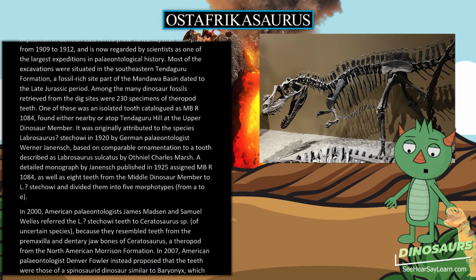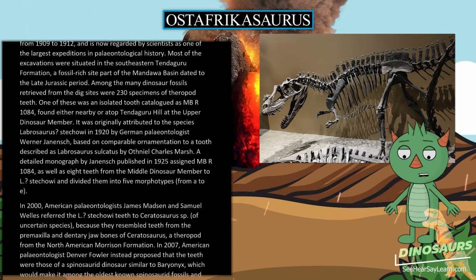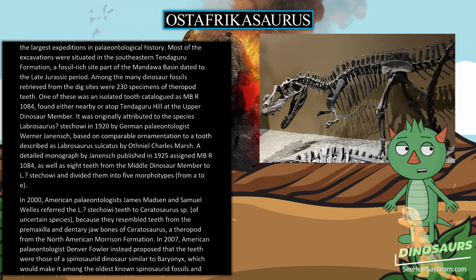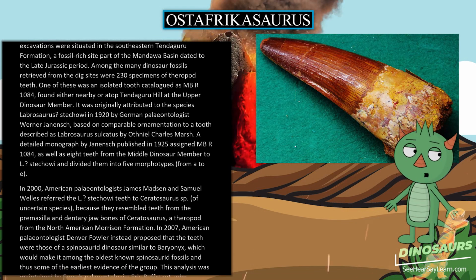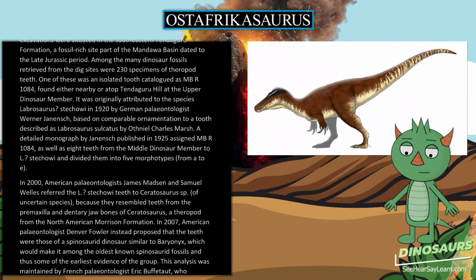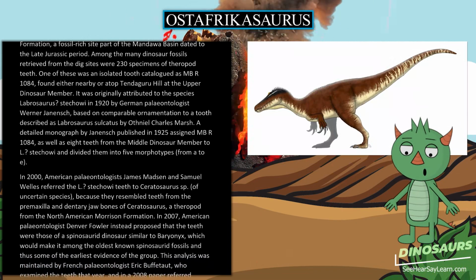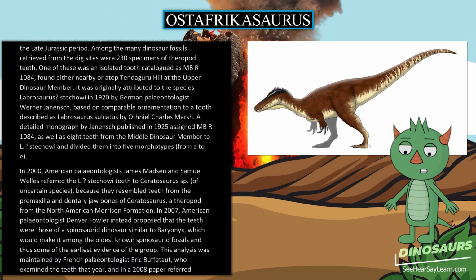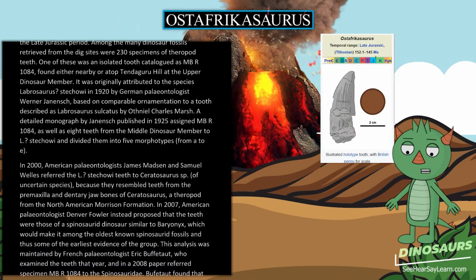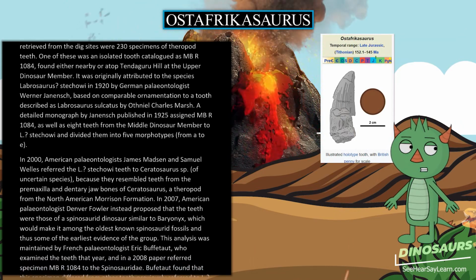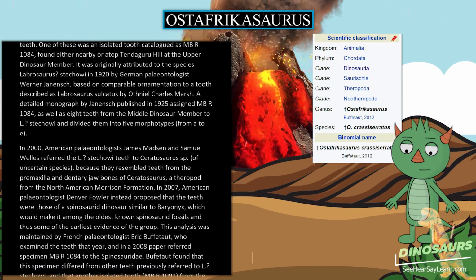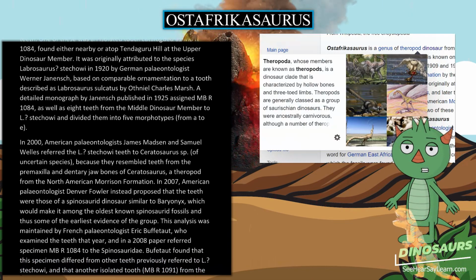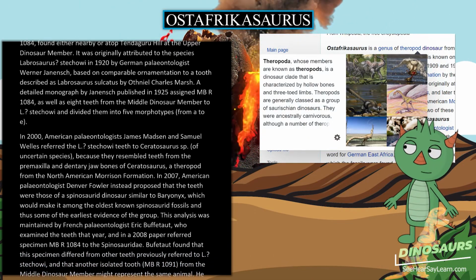A detailed monograph by Jansch published in 1925 assigned MBR 1084, as well as 8 teeth from the middle dinosaur member to L. stekowi and divided them into 5 morphotypes, from A to E. In 2000, American paleontologists James Madsen and Samuel Wells referred the L. stekowi teeth to Ceratosaurus sp. of uncertain species, because they resembled teeth from the premaxilla and dentary jawbones of Ceratosaurus, a theropod from the North